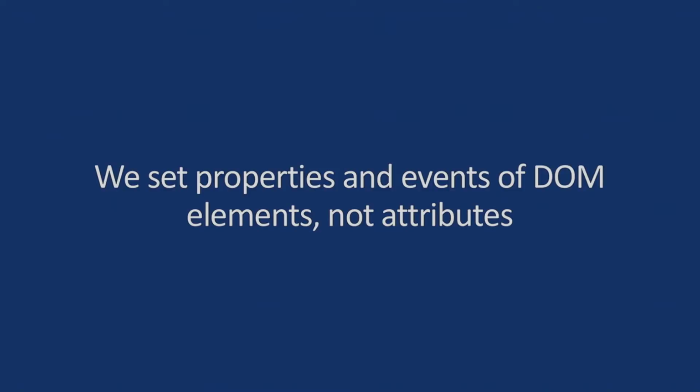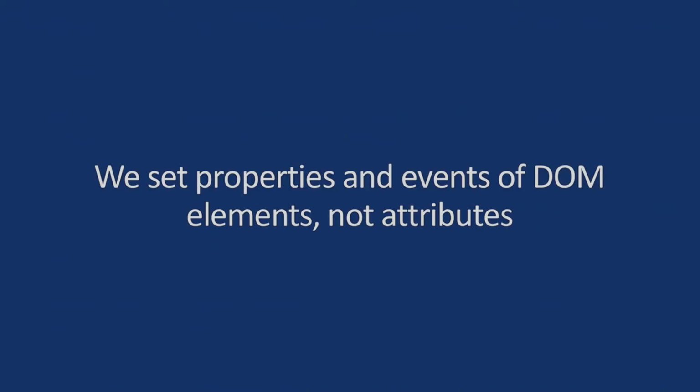We can write to any property or event that the DOM exposes, but not attributes. This is important because it's something that, if you haven't done a lot of HTML, like dove into the spec, you might not realize sometimes the difference. Looking at an HTML element like a div or an input, something like source on an image, that's a property. But what if you see something like an ARIA label for accessibility? That's actually not a property. That's an attribute. Well, because it's an attribute, you can't bind to it.